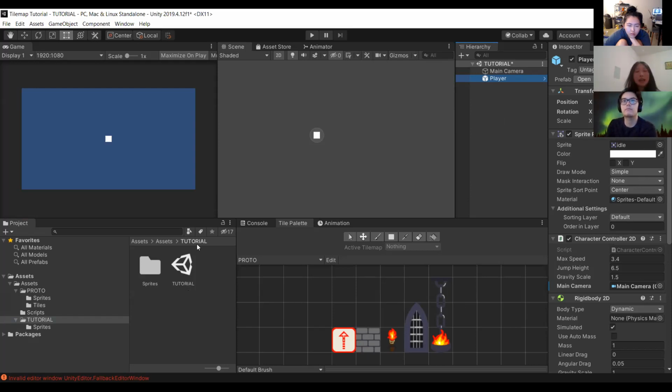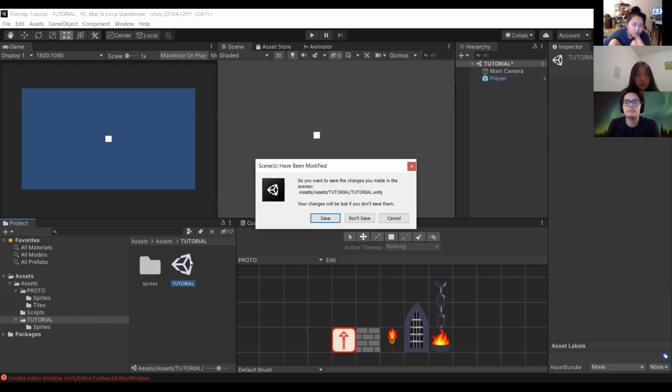I forgot to clarify. To see all of this that I'm talking about, please click on the scene that you want to be in. Okay, yeah, that works. Awesome. So for everybody who can't see it, please click on the scene. This will be the little Unity logo and it should say tutorial. Okay, any other questions? Going once, twice?